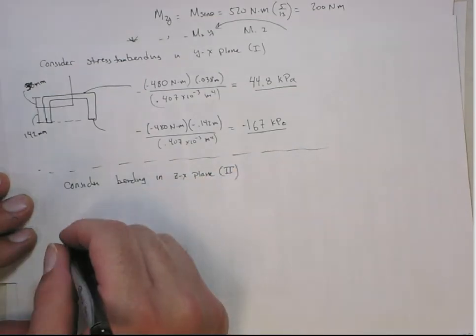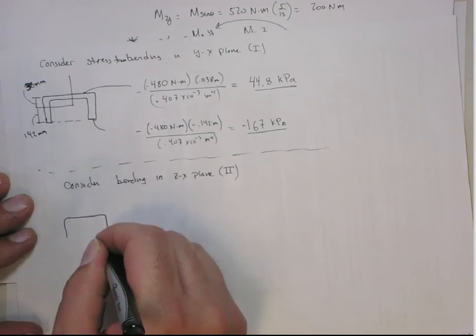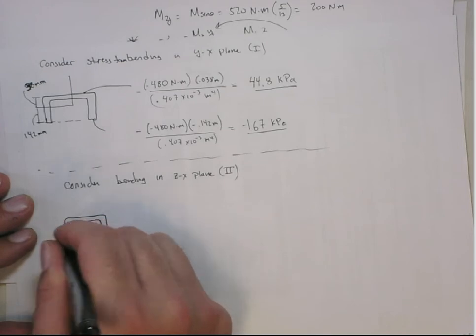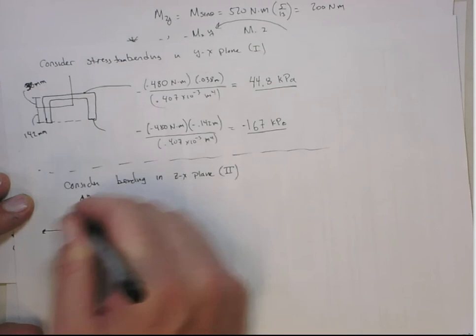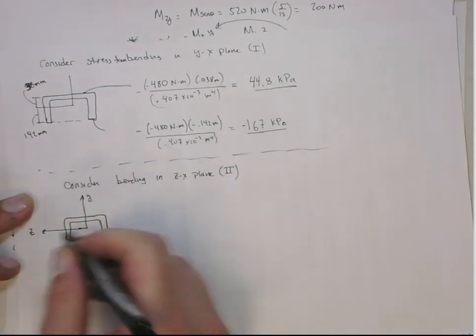Still, it's the same picture. Here's the toppled over C channel. Here's the z-axis. Here's the y-axis. And now we've got bending in this plane,